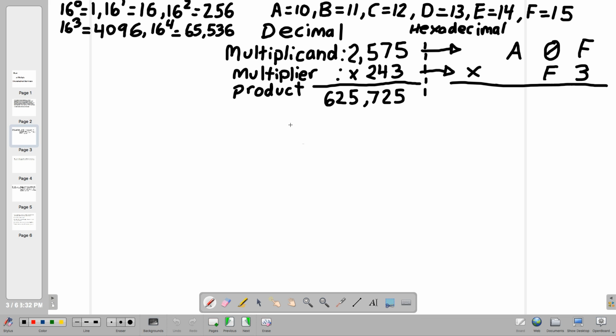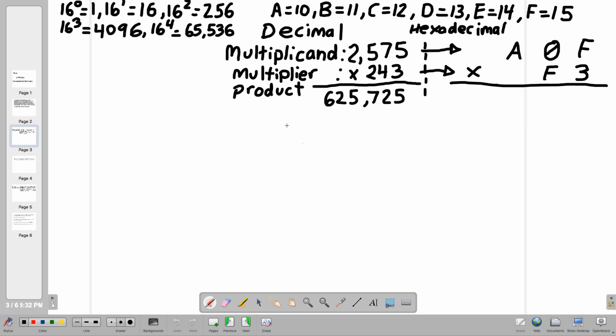Also at the top, we have the letters that are represented after the digit 9 in the hexadecimal number system. So A is represented by 10, B is represented by 11, C equals 12, D equals 13, E equals 14, and F equals 15. So for this example, we have the multiplicand, and its value is